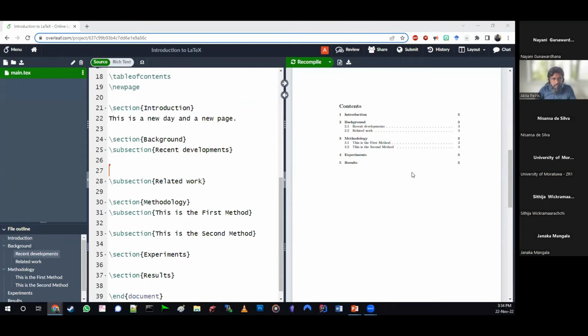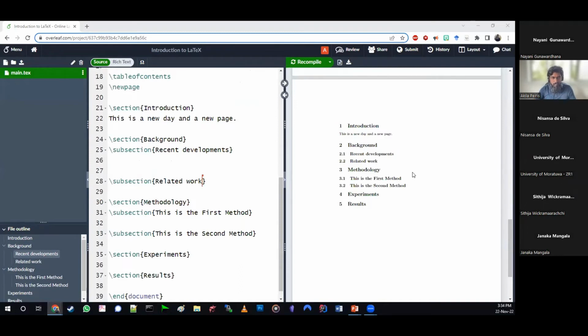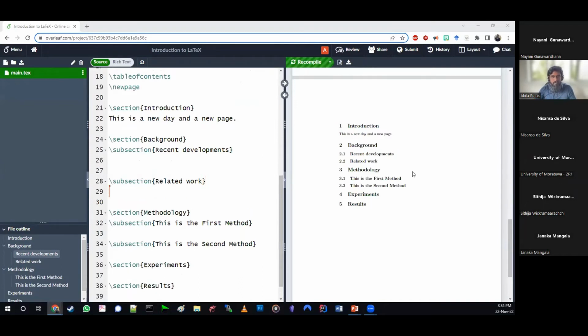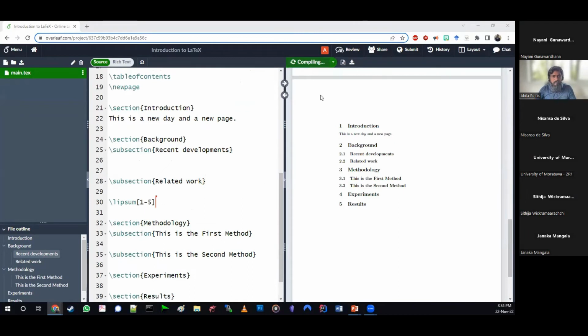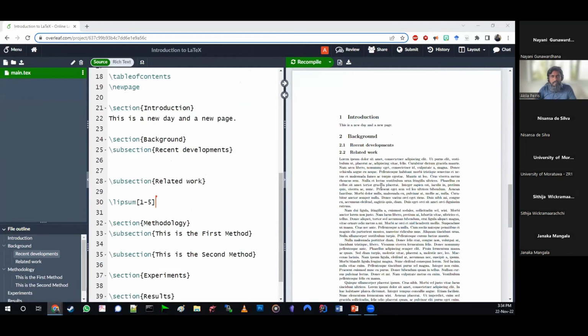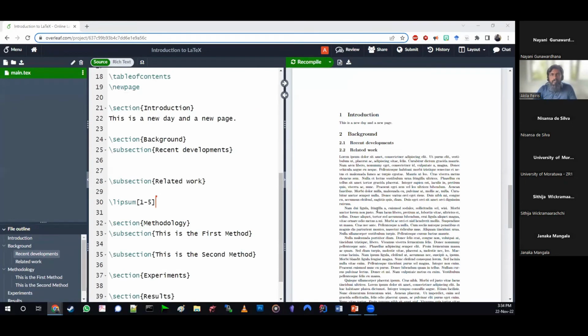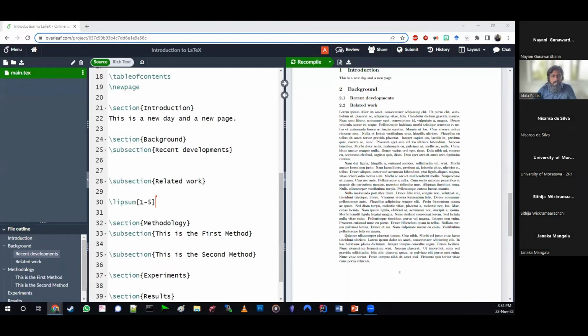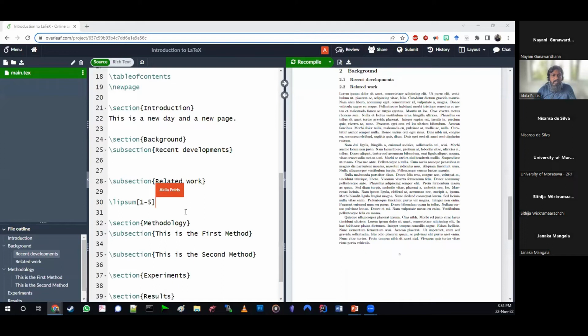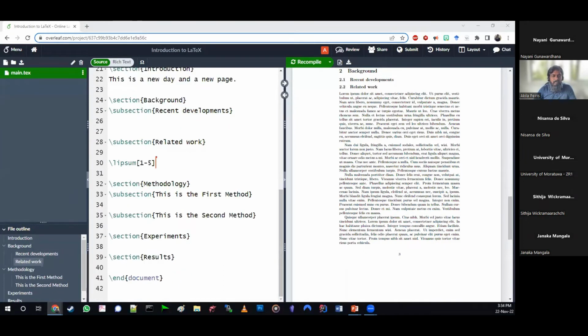So Mr. Akila is now going to add some lipsum here. It is just calling to say add 5 paragraphs of fake text. Right now he has added 5 paragraphs of fake text. I will continue with the rest while Mr. Akila adds some fake text to flesh out the document and make it more documenty, to use a non-technical term.